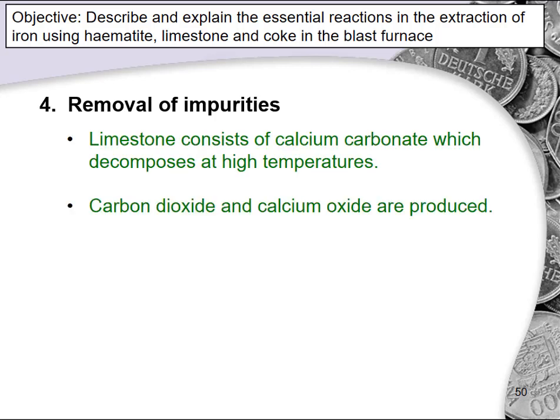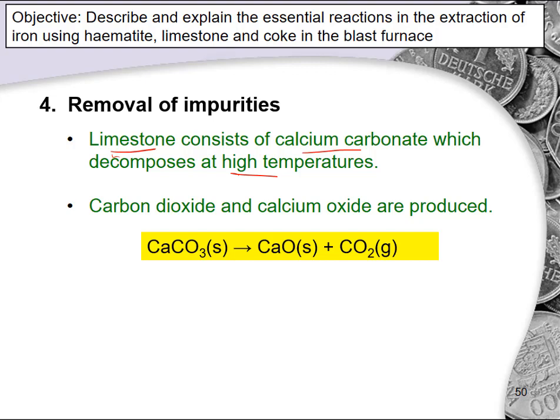Now, removal of impurities. What will be the main impurities inside the blast furnace? Because we obtain iron ore from the ground, naturally there's a lot of sand, which is silicon dioxide itself. So what happens is the limestone, which is calcium carbonate, decomposes at high temperature. Calcium carbonate will break down to form carbon dioxide and calcium oxide according to this equation. Calcium carbonate in solid form breaks down to form calcium oxide, which is also solid,